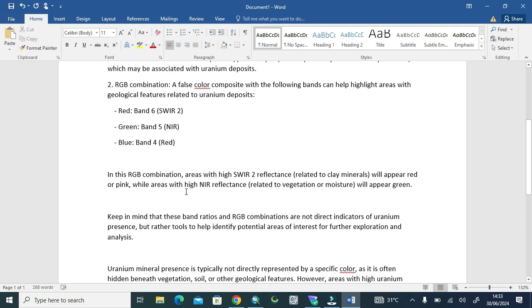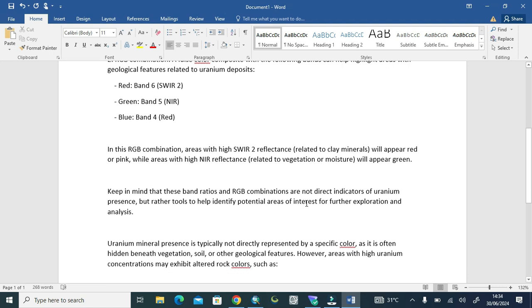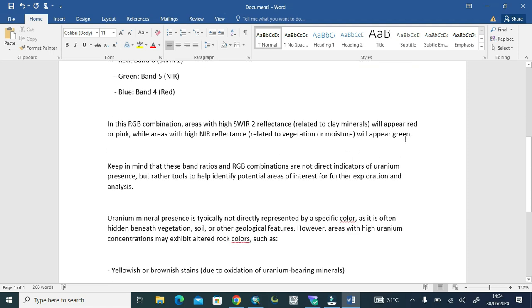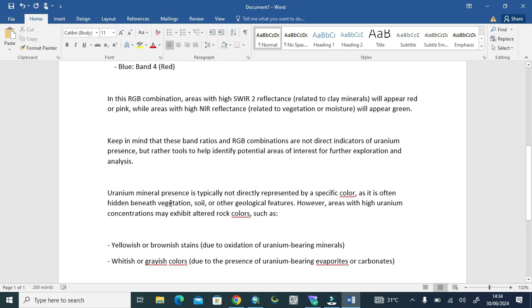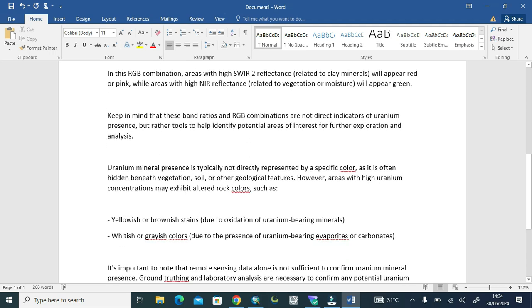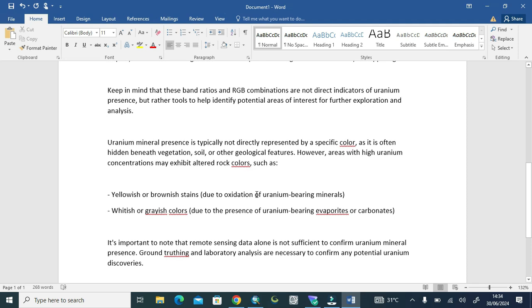So that's why you need to copy this sequence. And here some vegetation will be showing with this color. The main thing is that there are also other shades of color. If it is oxidized, it will show in yellow color after this RGB component. And when it is white to greenish color, it will be carbonate uranium.